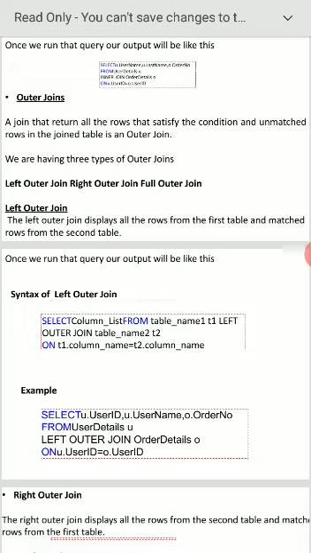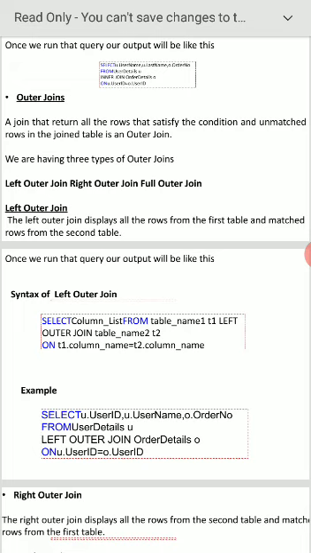The main thing is that it will display the full detail of the first table and only the matching details of the second table. Here we have the user details table, and there is another, the order table. Matched details may be one row, two rows, three, and so on.